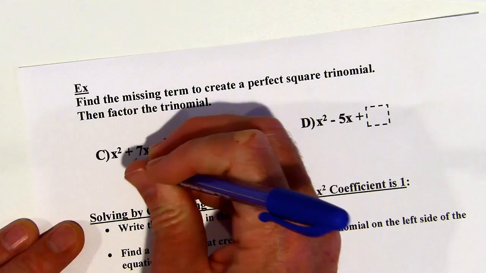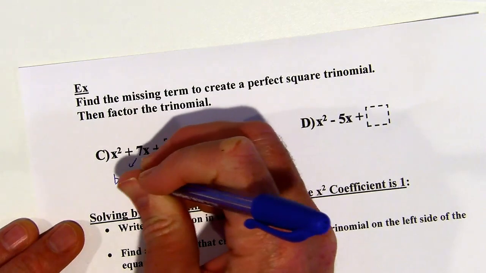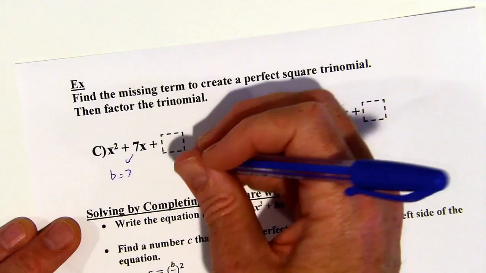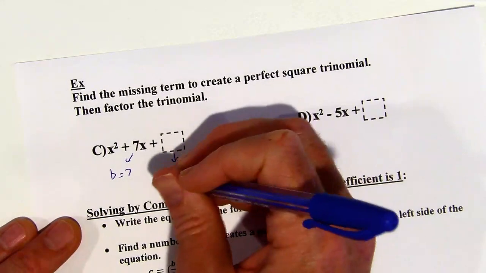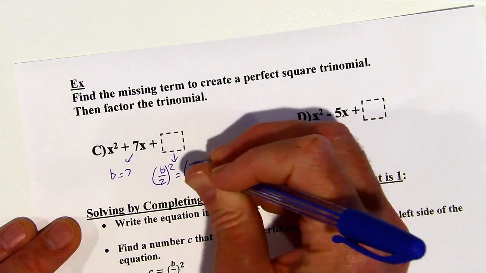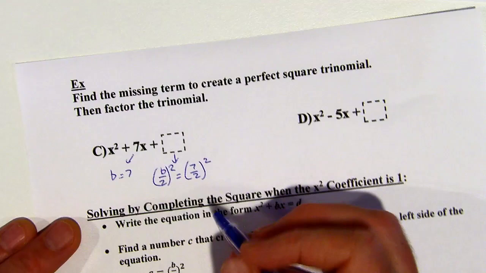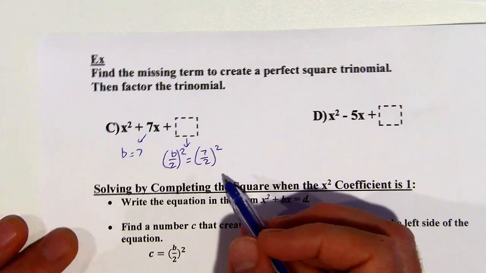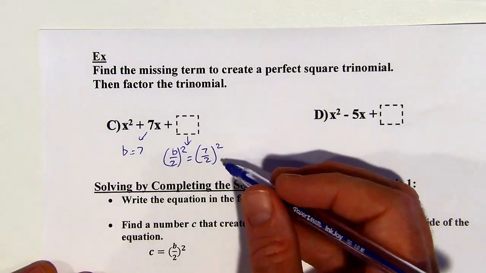Okay, so b is 7 here. And so then for this part, it's going to be b over 2 squared. So here that's 7 over 2 squared. Okay, so you could write that as 3.5 and then square that and get a decimal. I'm just going to stick with a